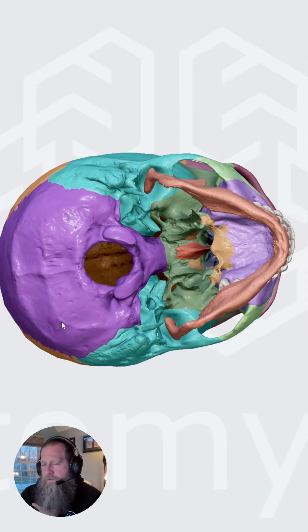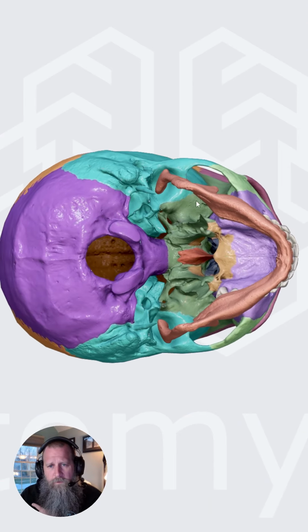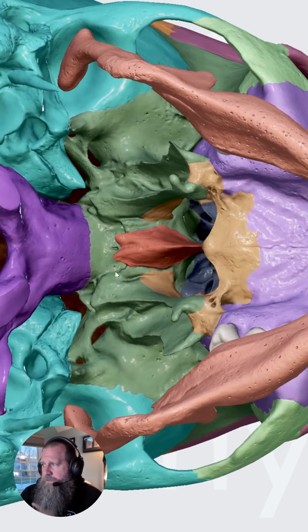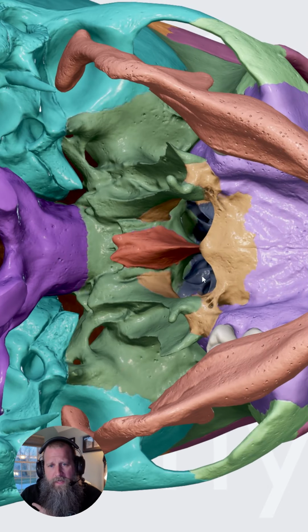Then we can flip this around and we can take a look at the inferior view or the bottom view of the skull. And we can see here's our mandible. Then we can see the inferior view of the maxilla. Here is your palatine bone. We zoom in a little bit, we can see portion of the ethmoid bone back here, but then we can see this is the vomer. So we have palatine, vomer, this is your sphenoid bone, and then in purple this is your occipital bone,